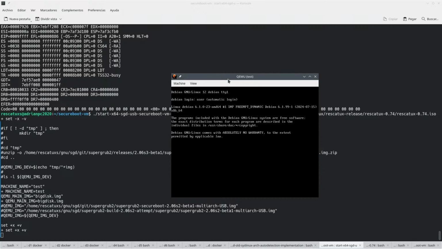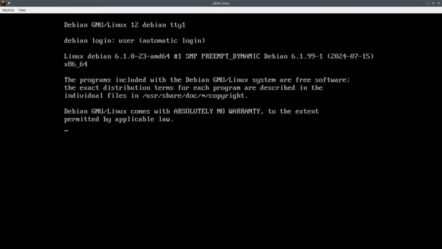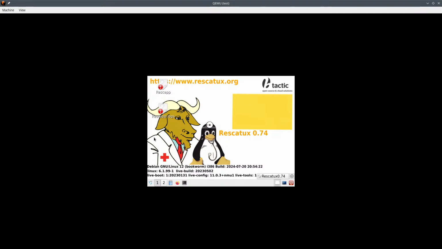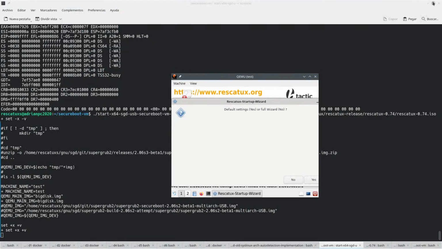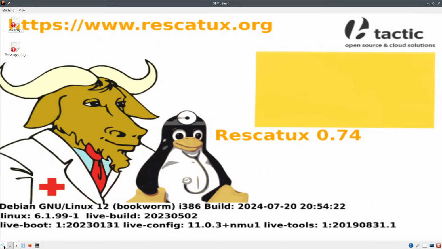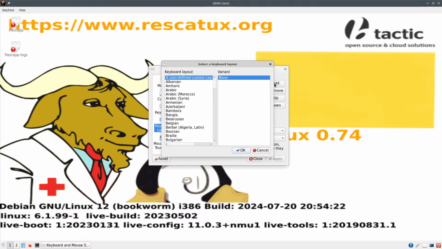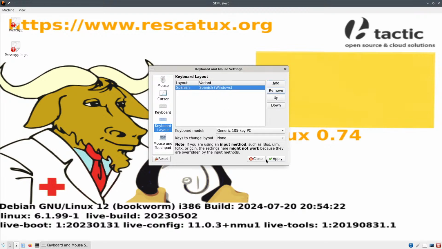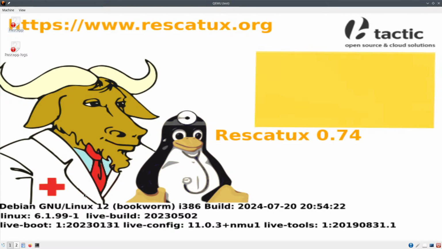So we have removed 2 partitions. Let's remove the thing which we no longer need. Maybe I should be doing this thing. Yeah, so yes, let me change the keyboard layout. Okay, so Windows, what the hell is Windows? Spanish, I mean Spanish. Remove, apply, close, and